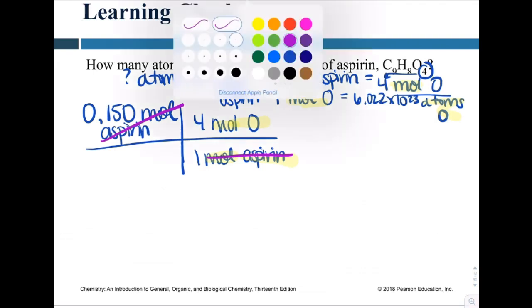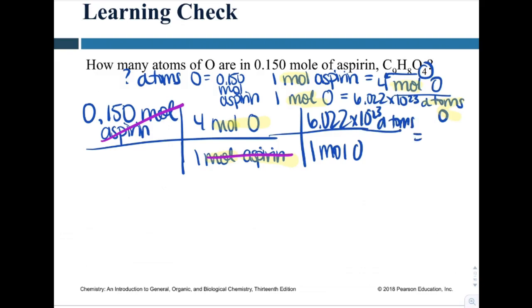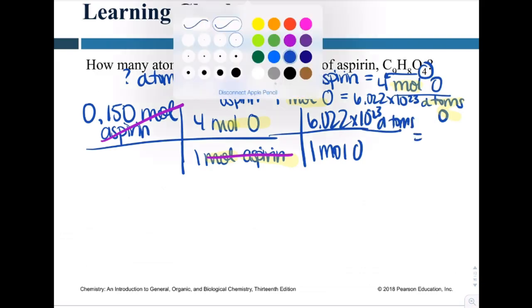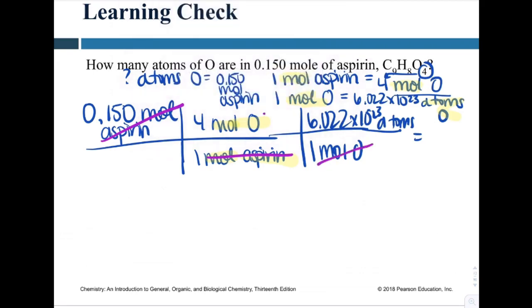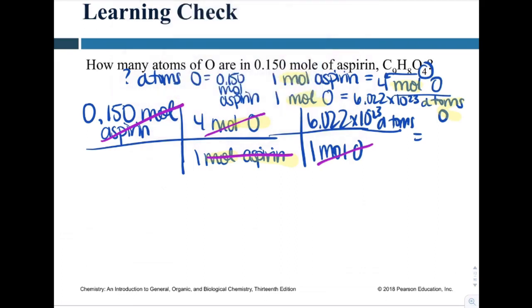And so I've got moles of oxygen left to continue my work. And I want atoms though, so now I need to cancel moles, and I know that for every 1 mole of anything, I can use Avogadro's number to get me little tiny particles of that thing. I can cancel the mole of oxygen with mole of oxygen, and I'm left with atoms of oxygen here. And so to put this in my calculator, 0.15 times 4 times Avogadro's number,